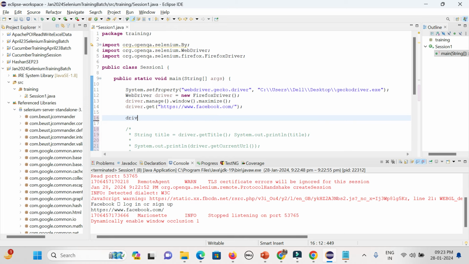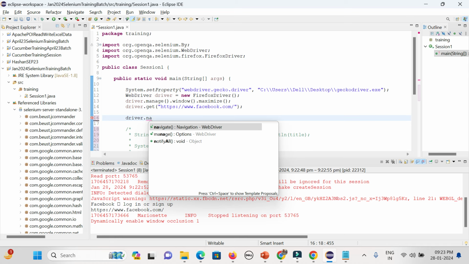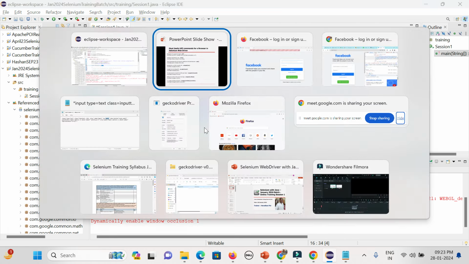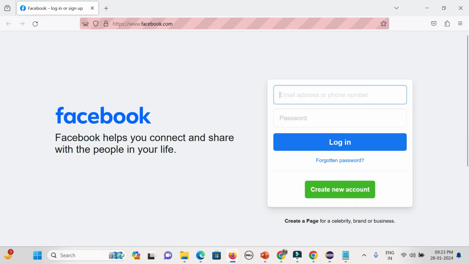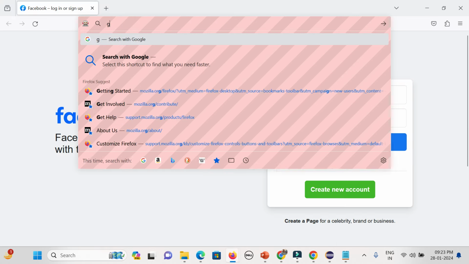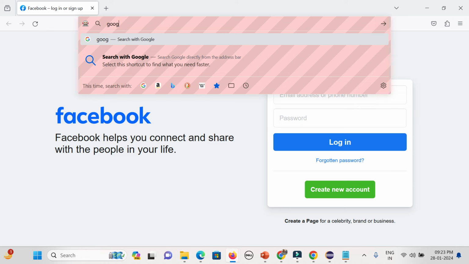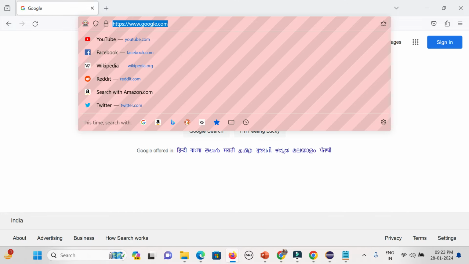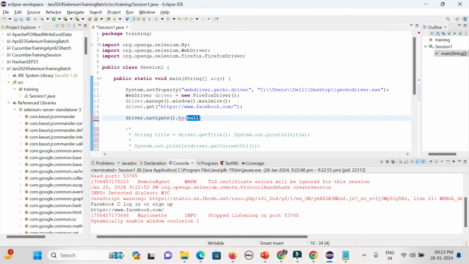So driver.navigate.to, you could see what is written is void, so it will not return anything. You need to give the other URL as a string. Suppose I want to open Google. So what is the URL for Google? That is the URL, right? I can simply copy it and go to Google.